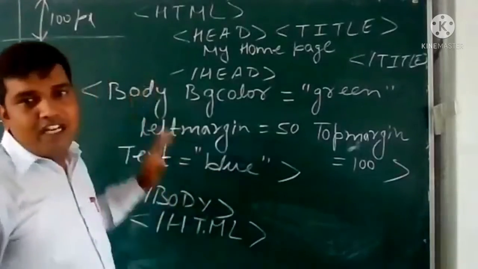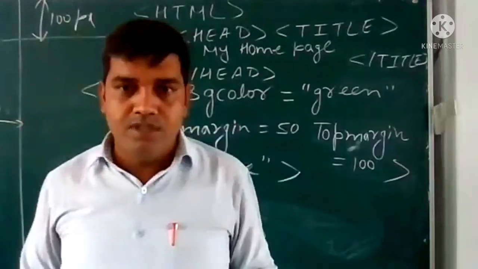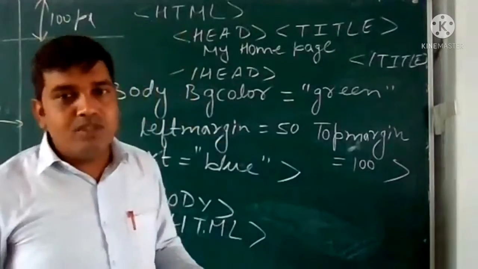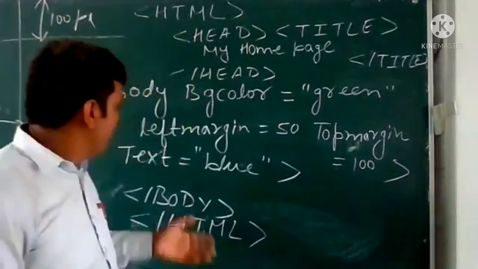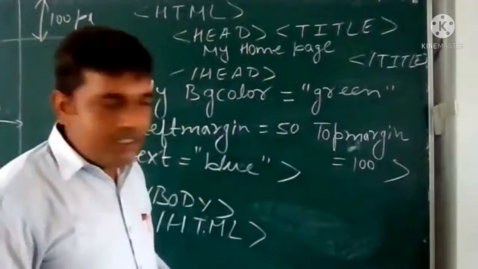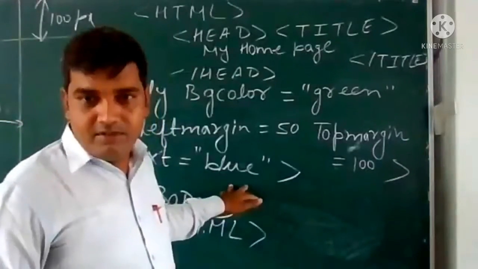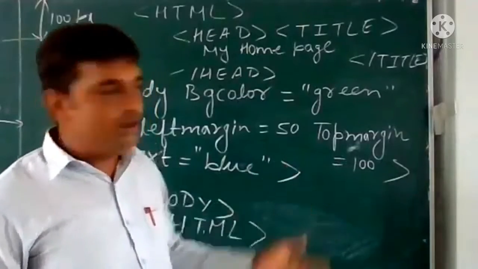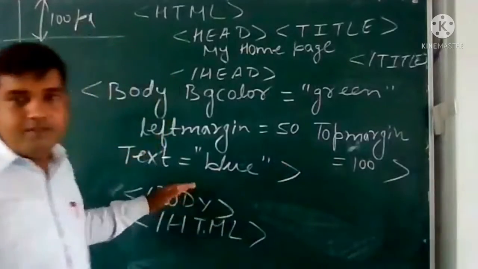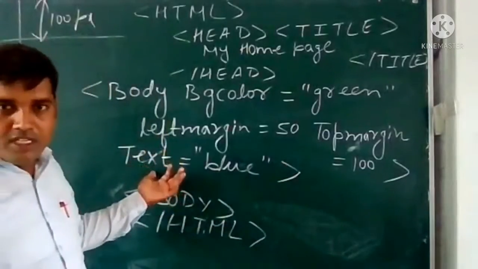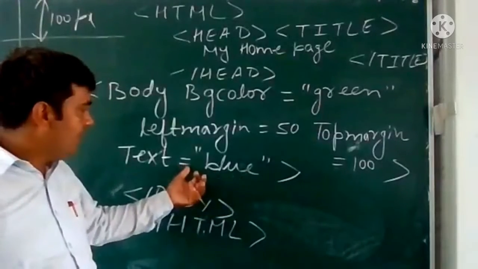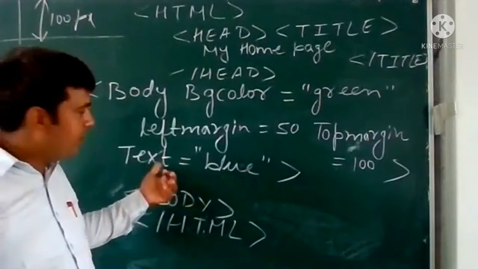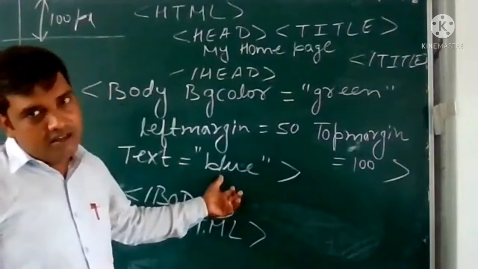Attributes are the properties of the element. So every element has some attributes. Like suppose you have so many attributes: you have the nose, you have the ears, you have the mouth. Now some value also you can give, that is how many ears you have. Ears equals 2 means you have 2 ears; these are the values. Similarly here, every element has attributes and each attribute takes some values. So equals to separates the attribute and value. On the left hand side of the equals to we write the attribute, and on the right hand side of the equals to we write its value.